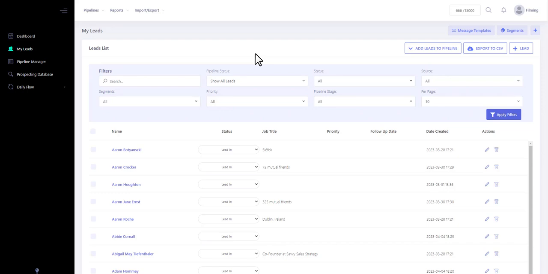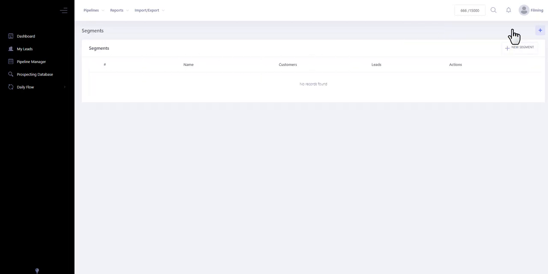Segments are a way of tagging your contacts so they can be easily found and searched in your account. To use segments, click My Leads, then click Segments. From here, you can either edit your segments that you've already created or click New Segment to add a segment